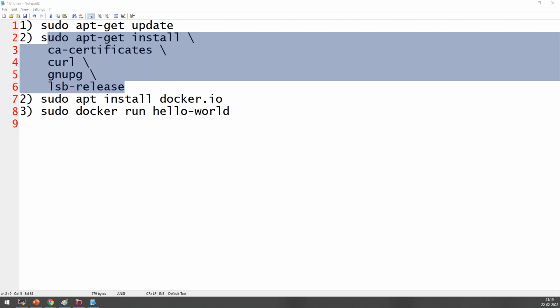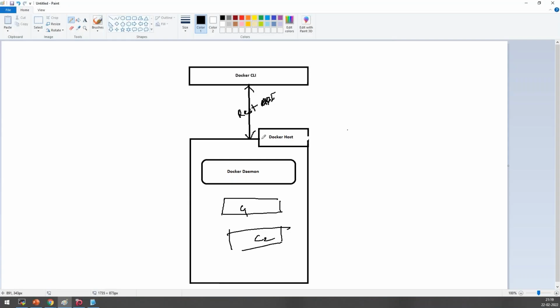Krish, can you repeat this concept of Docker daemon, please? Okay, so the Docker daemon is something we have installed now. When we install Docker on the Docker host, there is a service called Docker daemon running. This is a service, like in Windows we call a service running. We are communicating with the service using something called the Docker CLI. When I issue a command on the Docker CLI, it passes it on to the Docker daemon with the help of a REST API, and the Docker daemon uses the Docker installation to deploy containers beneath it.